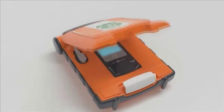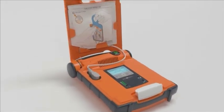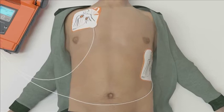Once the lid is open, voice and text prompts will guide you through how to effectively place the electrodes on the patient's bare chest. Once effectively placed, the AED will analyse the patient's heart rhythm and determine if a shock is required. This comprehensive and concise 10-minute training video will give you the confidence to use the G5 to help